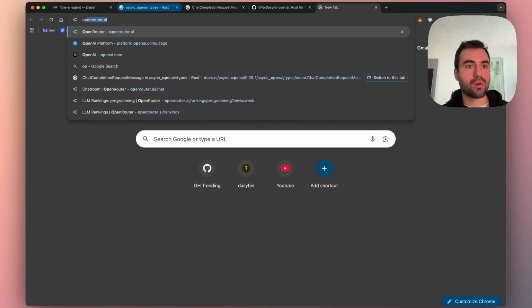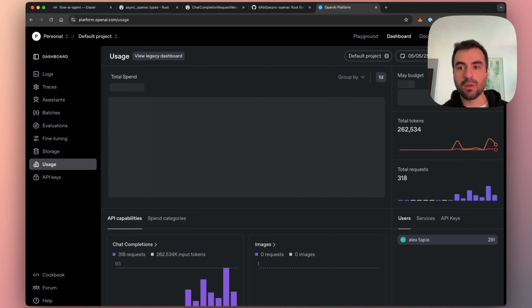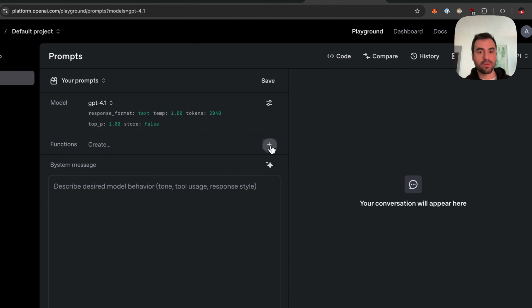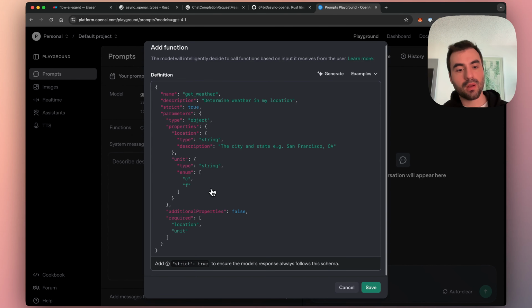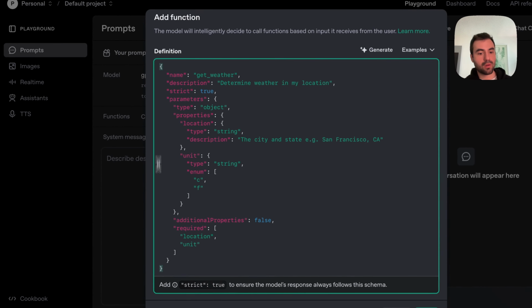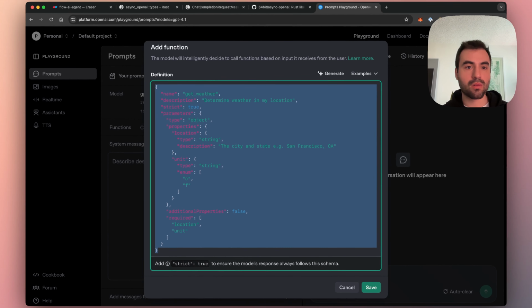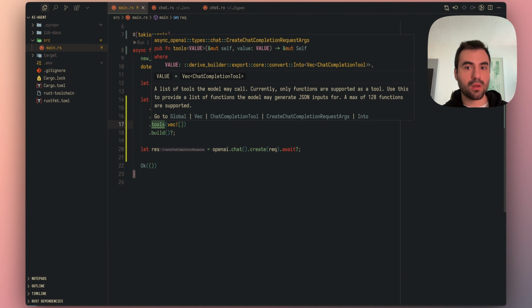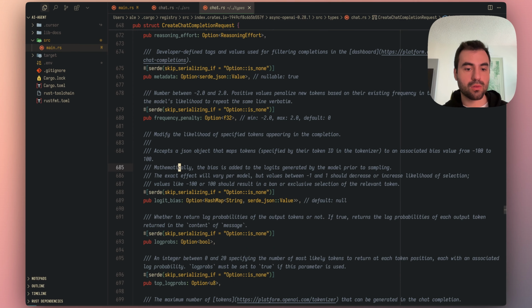Let's go to the OpenAI platform. If we go to the playground and go to functions, it gives us a description of how the tools look. So we can just copy this out and adapt this template to the tool that we're going to call. So we need a chat completion tool, right? We're going to go to tools,